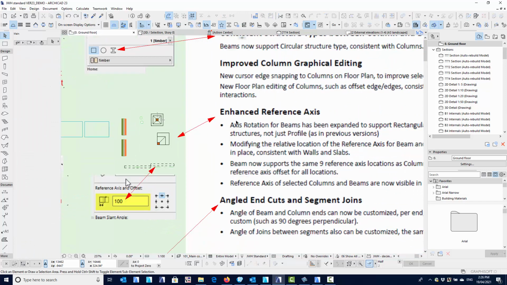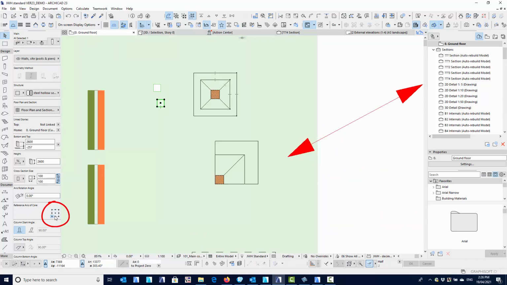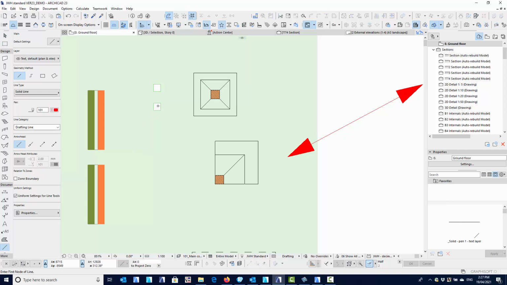The next is columns and beams will now have an axis. Just like walls have a reference line, beams have always had a reference line, columns have always had that 9-point axis reference. Beams and columns now have the same 9-point axis reference. By moving that reference, what will happen is the column will actually move. The reference point stays in the same location. So here you can see that I've got my center points. So if I draw a line from the center point of this column just as a reference, and then I select that column